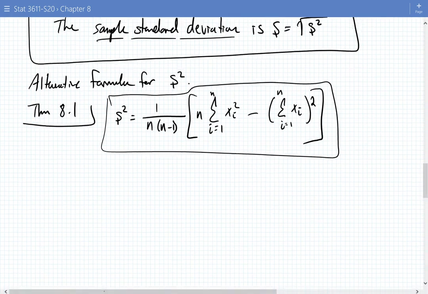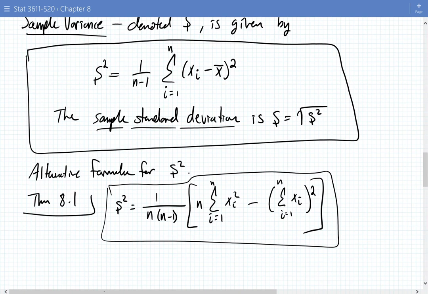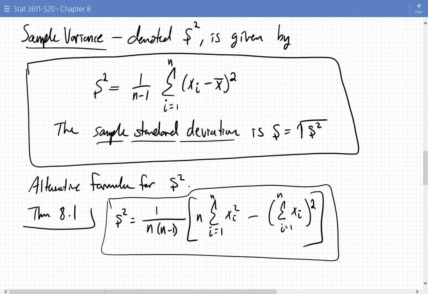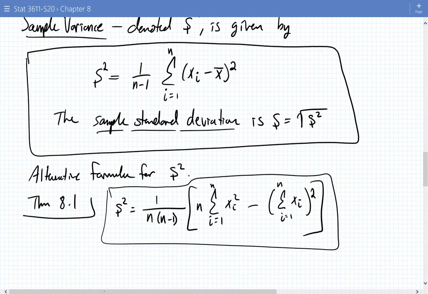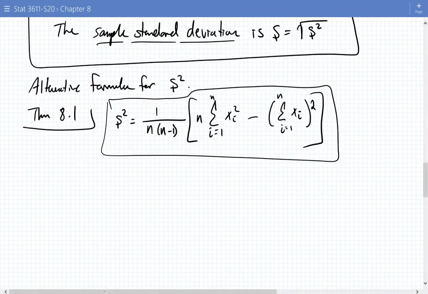I want to just go ahead and finish out then using the previous data we had. Let's calculate the sample variance. This might look worse initially than the original definition, but it's actually not so bad. It's quite nice because in this alternative definition, you don't actually need x bar squared. You're doing much more addition and a lot less subtraction. There's one subtraction step here, whereas in the original definition, you're subtracting everything and then squaring it for each observation, and that can be cumbersome.